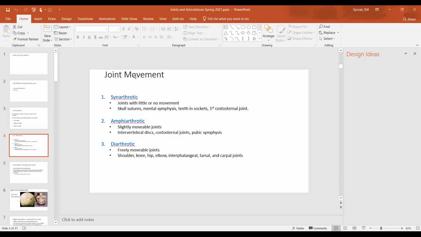The other slightly movable joints are the costosternal joints, the rib and the sternum. The rest of the joints of the ribs, where they articulate with the sternum, are slightly movable. And the pubic symphysis, the structure in the front where we have the two pelvic bones, the two pubic bones coming together